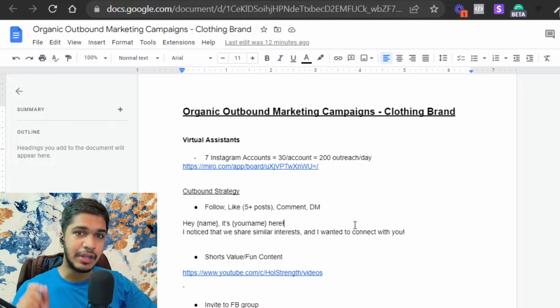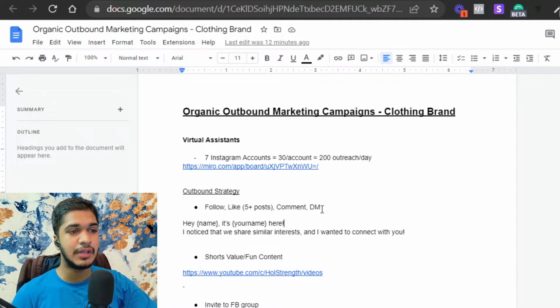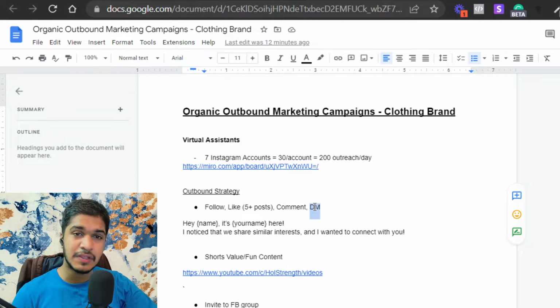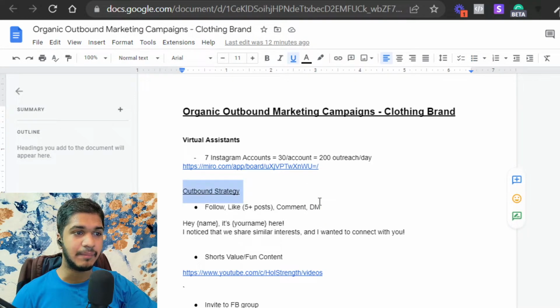The reason why we do that is because when you send a DM to a random stranger, it's likely that they're going to land in the message request or in the spam folder or somewhere along those lines. So you have to make sure that you tell them that you have sent them a DM. So once you have done all these steps, now finally you just go ahead and send that DM, right? And the DM looks something like this, not a salesy one, none of that stuff.